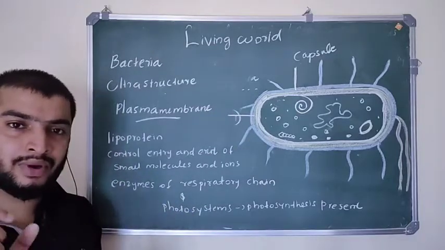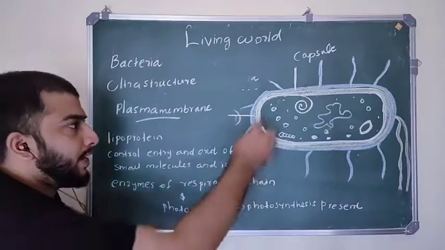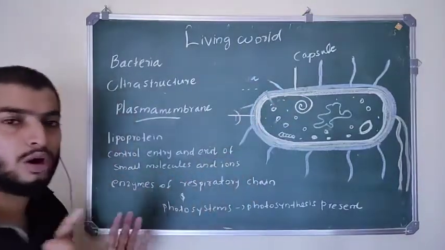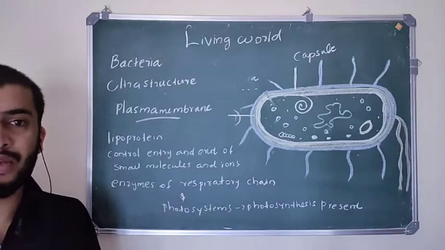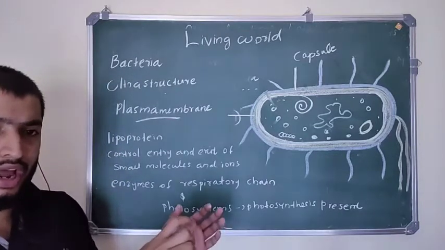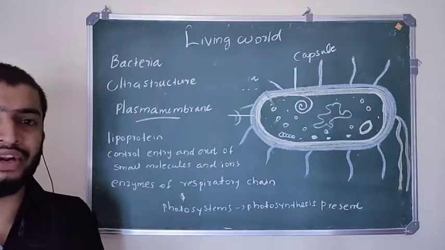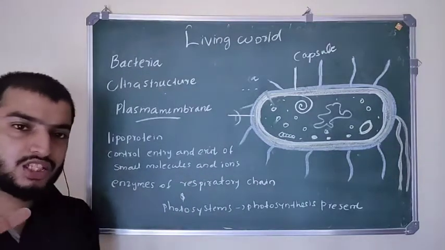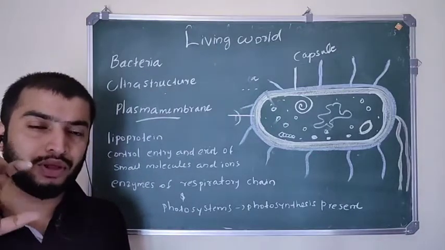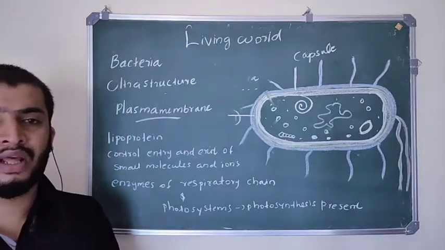And the plasma membrane controls entry and exit of small molecules and ions. Usually the plasma membrane is semi-permeable, which does not allow every molecule. They control the entry and exit of small molecules and ions. And on the plasma membrane, or in the plasma membrane, the enzymes